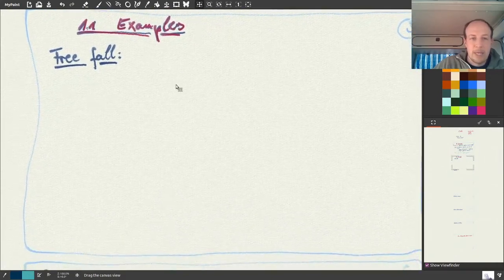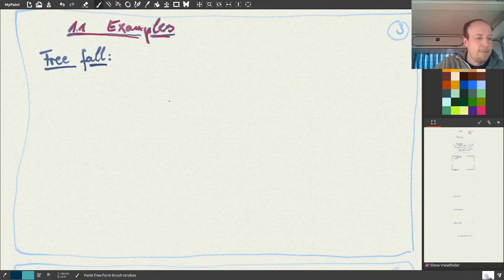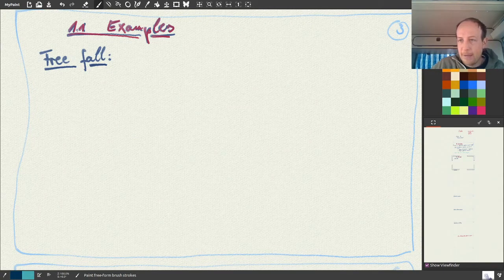So chapter 1.1, and we start with the free fall. I think you all should have had this in school, or at least we had it in our physics lectures. So this is a ball, and you just let it drop. So here we have the